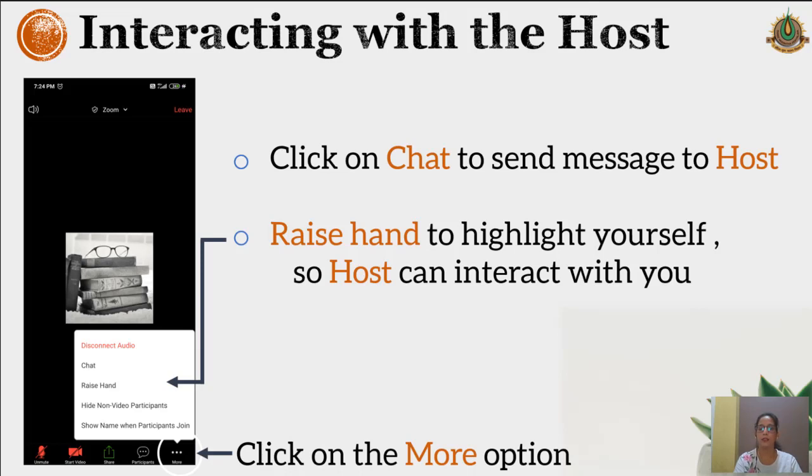You can type there your doubt, answer or ideas you wish to share. And if you wish to interact with the teacher, you can click on the raise hand option as shown on the screen. This will make your name go to the top of the host list